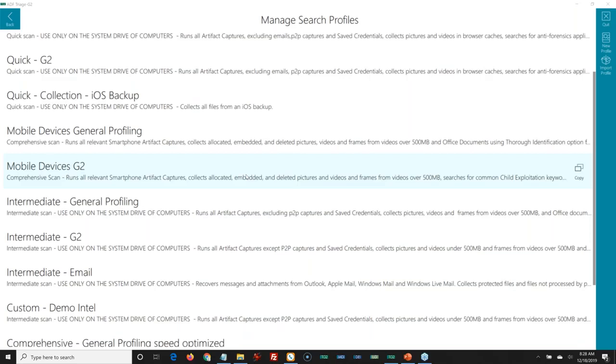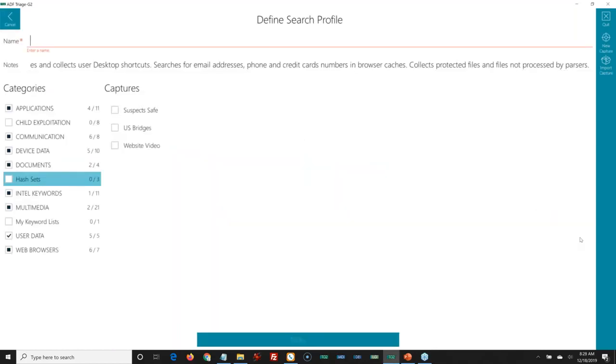Have they connected to the same IP address? Are they sharing files? So maybe I want to say, okay, it's going to be fast. I don't have a lot of time on scene. I don't know how much time I'm going to have, but I know it's not a lot. So I'm going to start with an intermediate. So this is one that should take anywhere, from that 5 minutes to 10 minutes, 15 minutes, depending on what you're looking for.